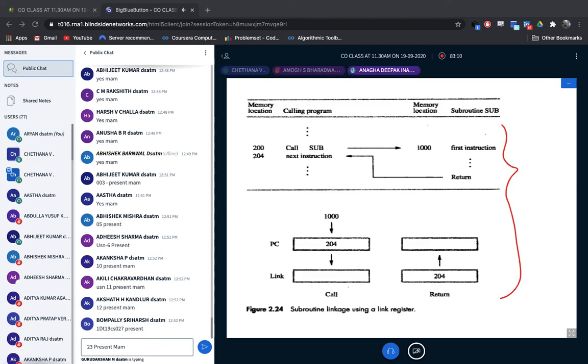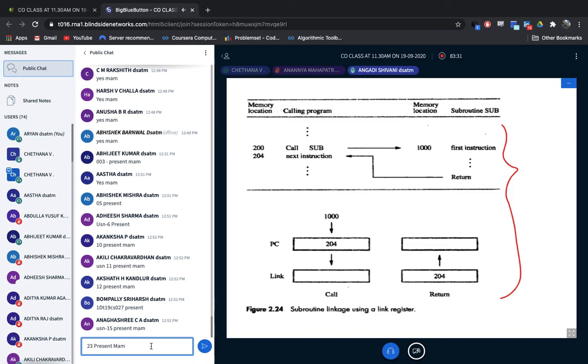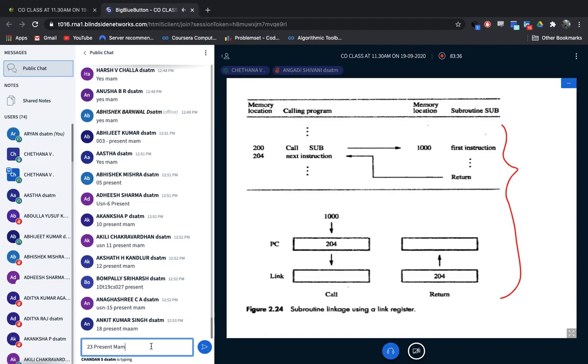Yes, ma'am, present. Anagashri. Yes, she is absent. Ananya. Present, ma'am. Okay. Shivani. Shivani present. Okay, Shivani. Ankit. Ankit Kumar. Okay.